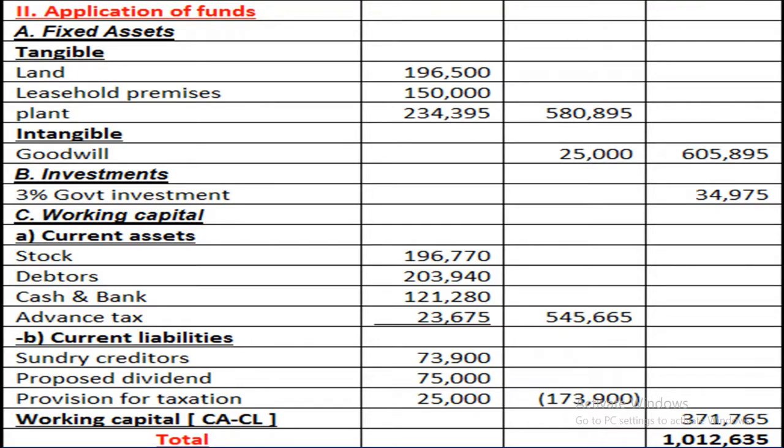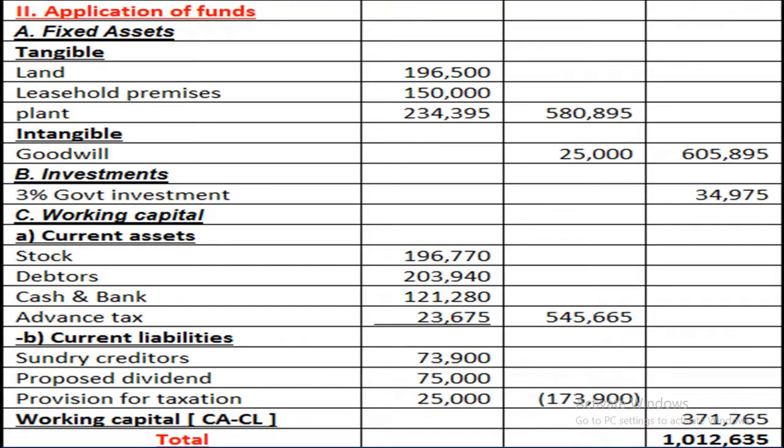Now we will subtract B, current liabilities, from total of current assets. Now we have to record those three liabilities, that is current liabilities, under this head. The items are sundry creditors, proposed dividend, and provision for taxation. We will write them in first column and take the total in second column, but don't forget to put a bracket against this amount, because we have to subtract this total from total of current assets. So we get net value of working capital as